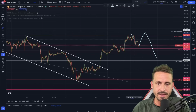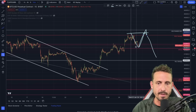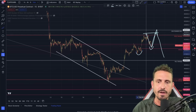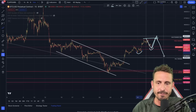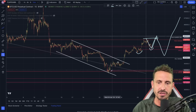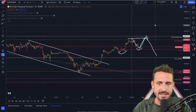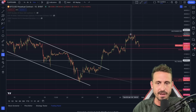We can see here, if we were to take those highs above 43,800 and create a double top, I do see us coming back down to not only claim this low, even these lows right over here, forming an ABC flat right over here to then form the C wave of a much larger ABC. Okay, that is definitely a scenario,